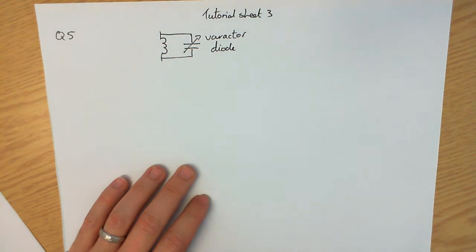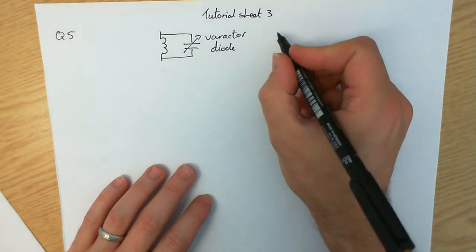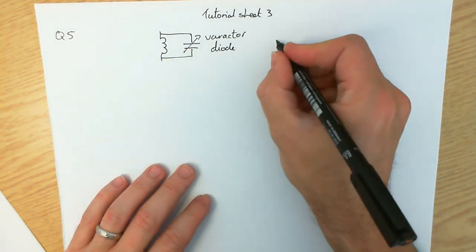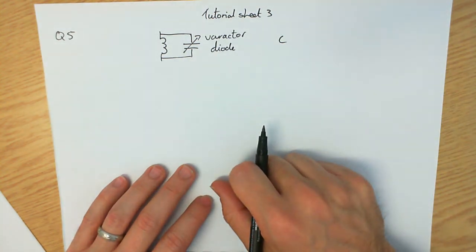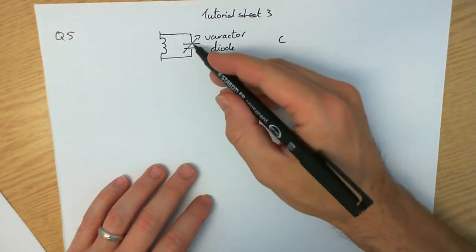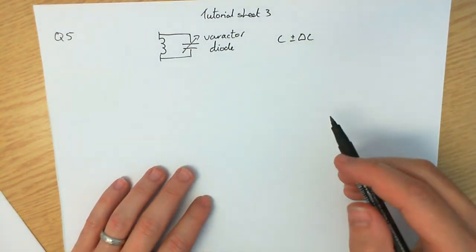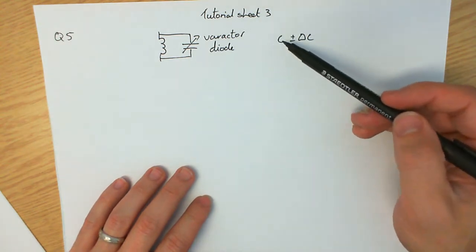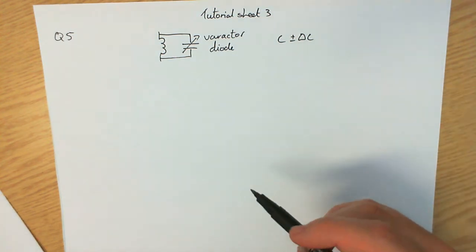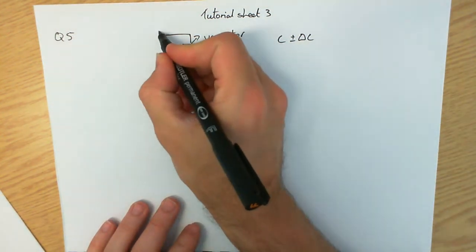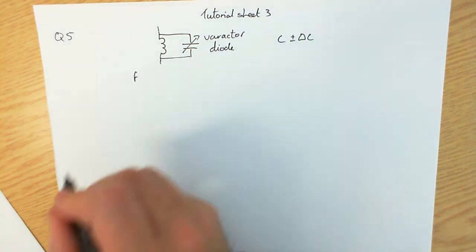And so what we're essentially saying when we're using these varactor diodes is that we have some capacitance associated with this diode, which we can denote as C, and because we can vary this, let's say we can have some plus or minus delta C associated with it. So C might be somewhere in the middle of its capacitance range, and we can either go above or below that capacitance. So because this is a resonant circuit, we're going to get a resonant frequency associated